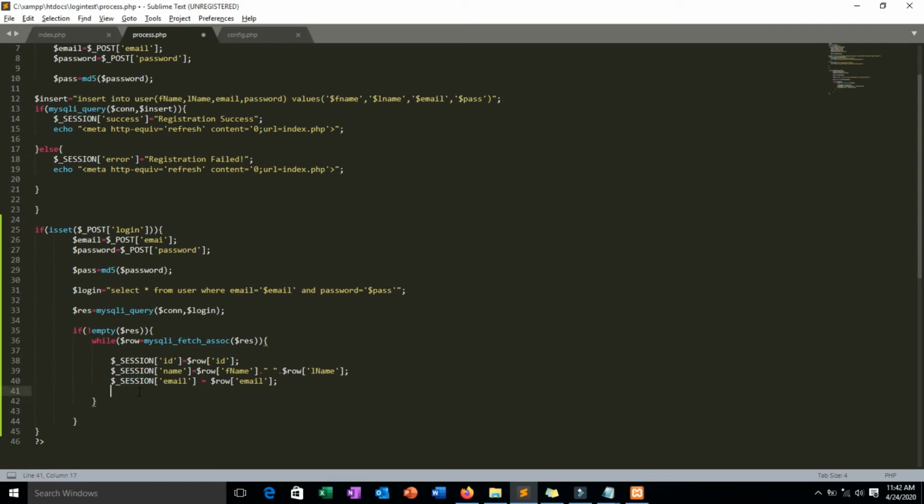But we're going to make another landing page with PHP. So if the email and password exist, we're gonna go to the landing page,